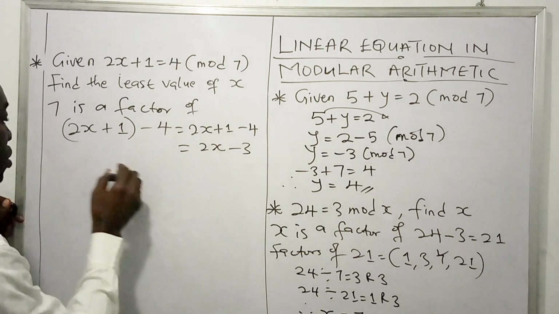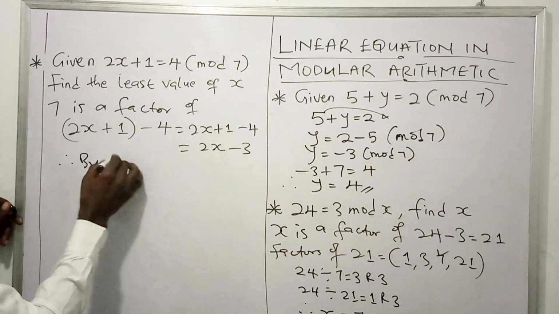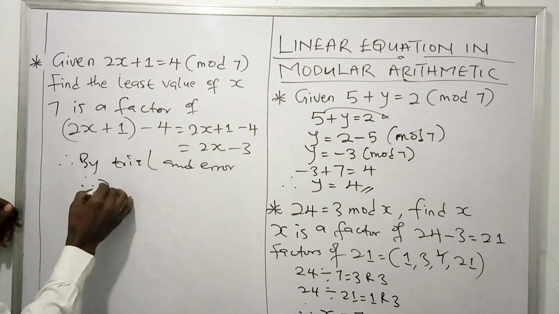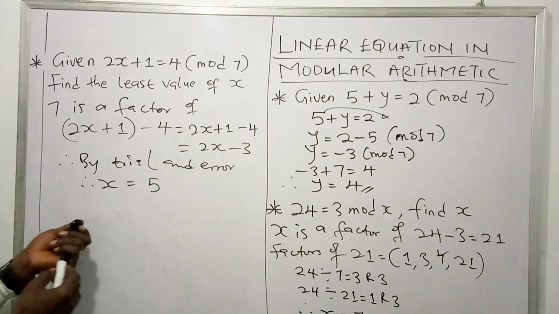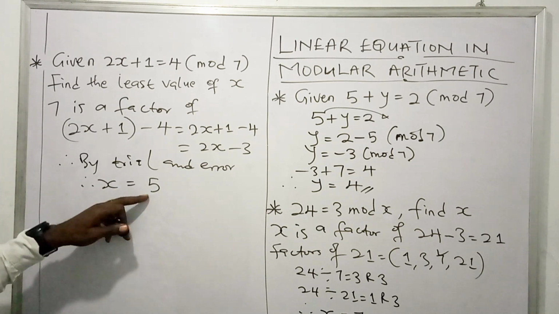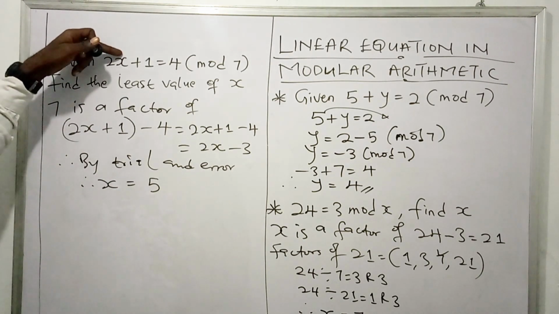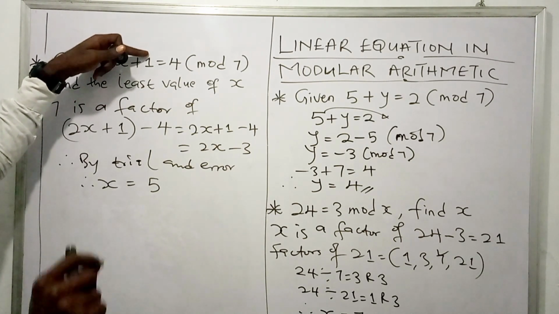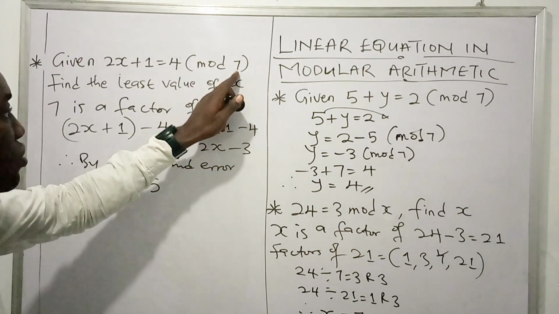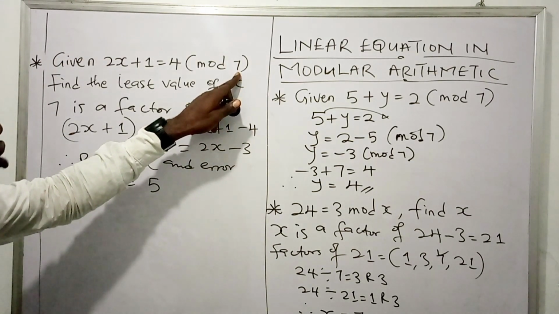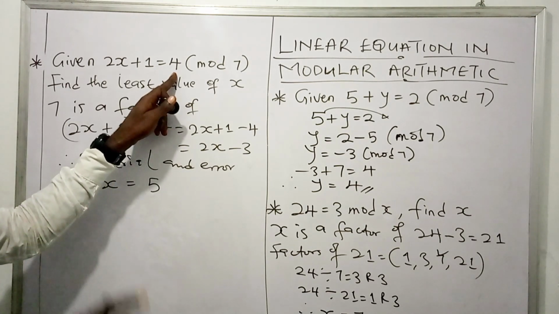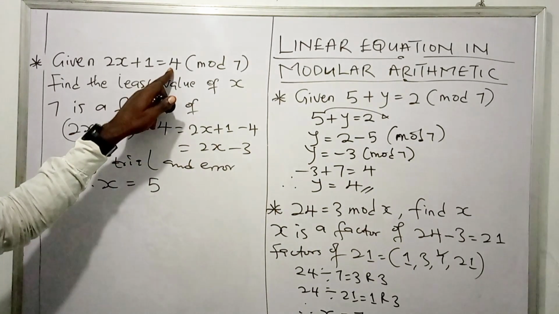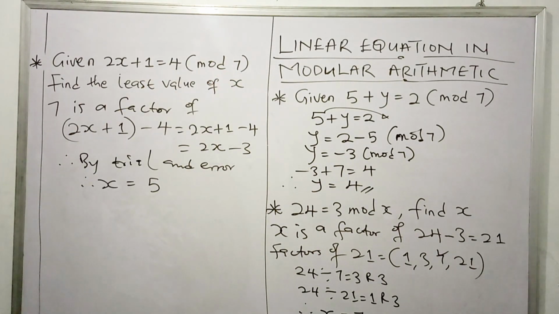So therefore, by trial and error, the least value of x is 5. Which we can also run a check on by placing the 5 here. 2 times 5 will give us 10. Then 10 plus 1 is 11. Then divide 11 by 7. You discover that you're going to have 1 with the remainder 4. Which proves that this is the least value of x that will give 4 as the remainder when we divide by the mod